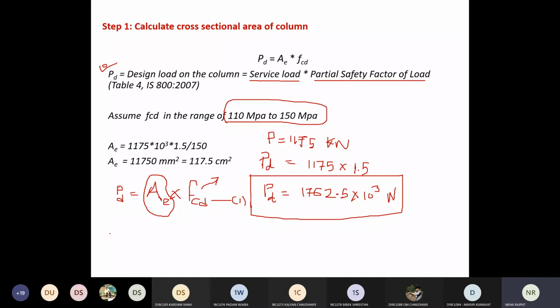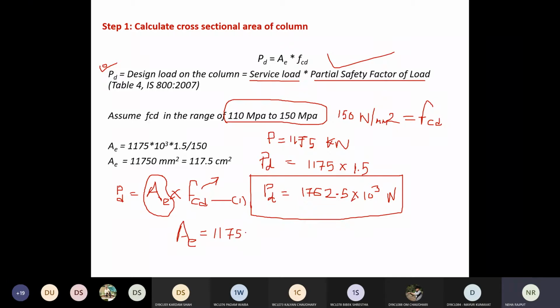So now what I am doing, I am providing this value, 150 megapascal, which means 150 Newton per mm square is my FCD value. Right. Now I am putting this FCD value and PD value in this equation. Then I can find my effective area of the section.